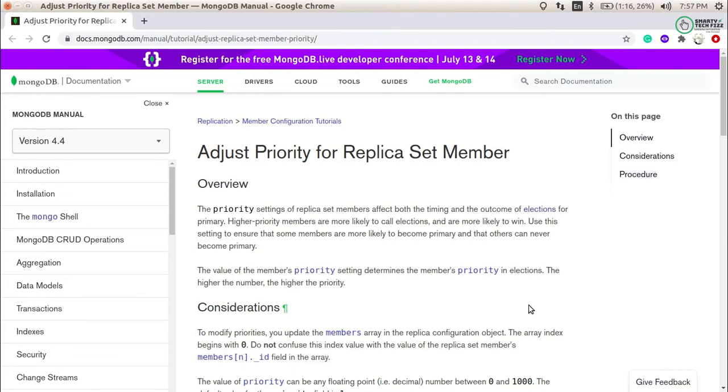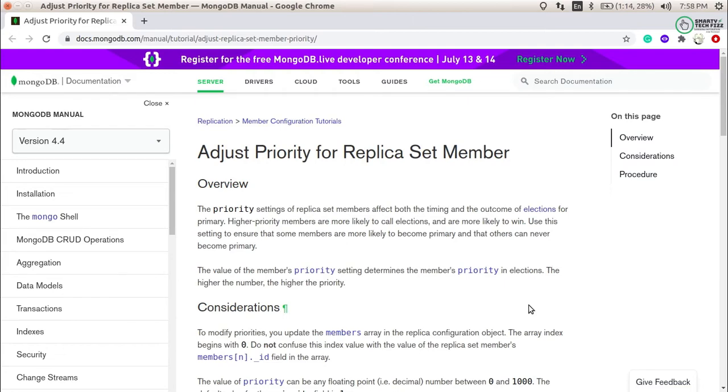Then the member with priority 2 will have the higher priority and it will become the primary first, if it is available. If it goes down, then the other member which has the higher priority will get selected as the primary. So this is the use of priority in the replica set member.